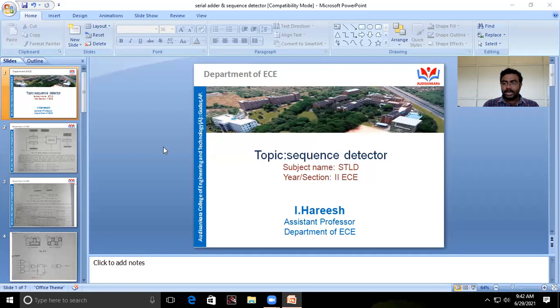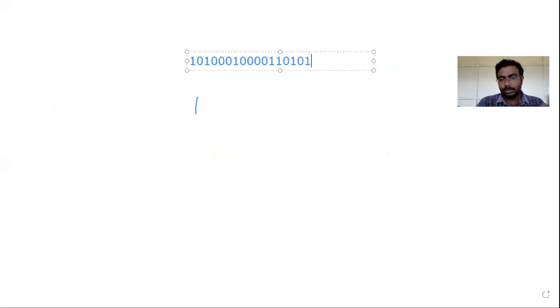And here, when you're trying to design a sequence detector, students, we need to consider two things. One is overlapping, whether we are allowing overlapping or not allowing overlapping. That should be understood. Let me explain what is meant by overlapping and not allowing overlapping. Students, let me take any sequence. Let me take a sequence like this. For example, my sequence is